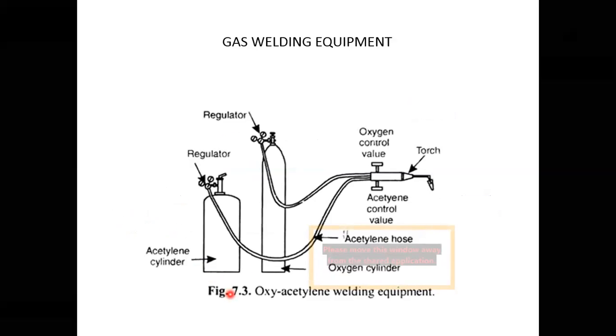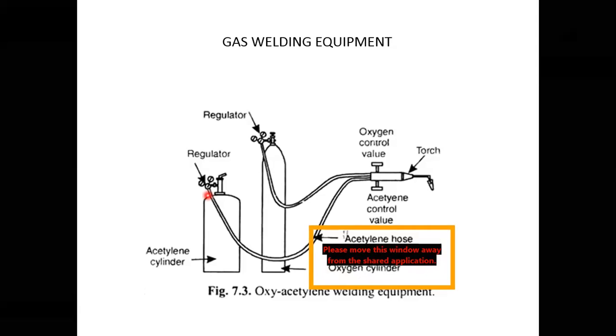The next one is another gas welding setup, similar to the previous one. This is the explanation for oxy-acetylene welding, or simply we can call it gas welding. Only thing is we have to mix acetylene and oxygen in proper proportions. If proportions of oxygen and acetylene are the same, we get a neutral flame. When acetylene is more, we get a carburizing flame. If the oxygen percentage is more, we get an oxidizing flame.